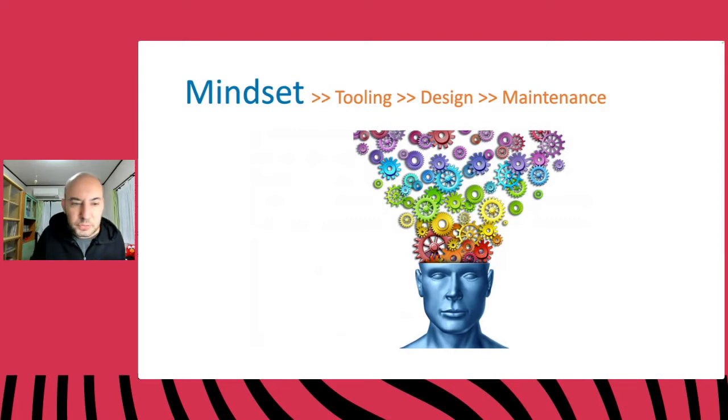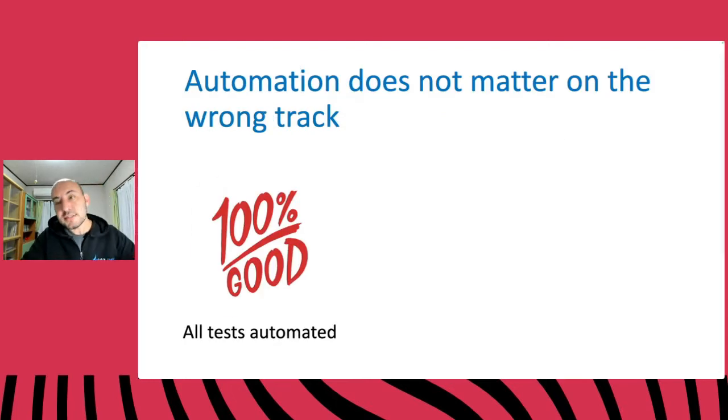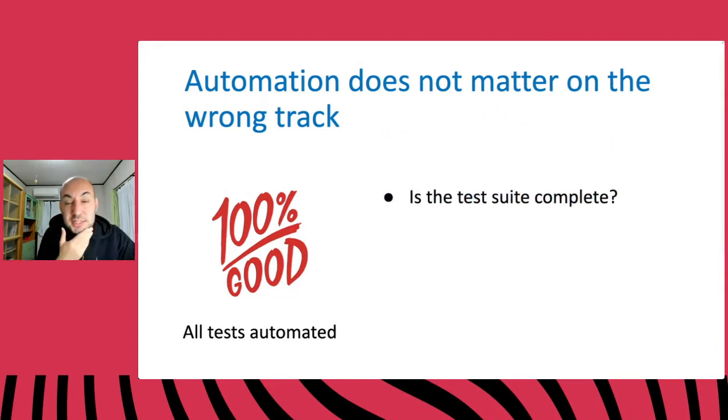Let me explain. For example, let's say that I have 100% automation. Does it mean that everything is cool? Maybe not, right? Because maybe the test suite is not complete. Okay, all the defined test cases are automated, so automation coverage is 100%. But how about the test coverage itself? Maybe the test cases were not defined properly in the first place. So even if you try to automate all of them,